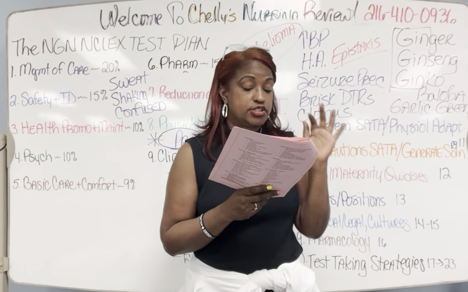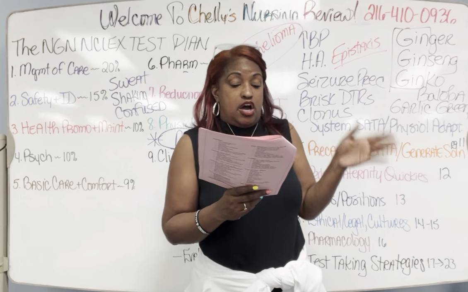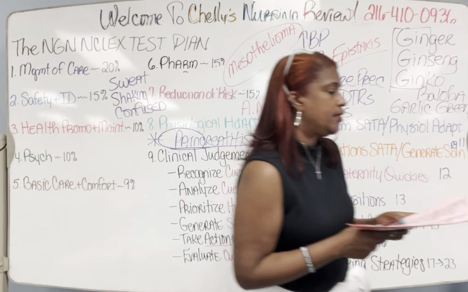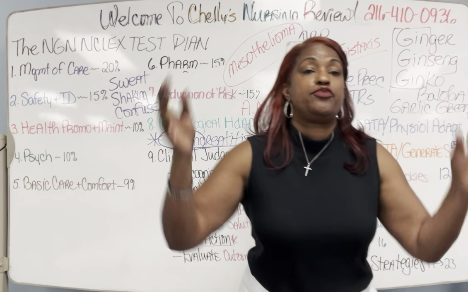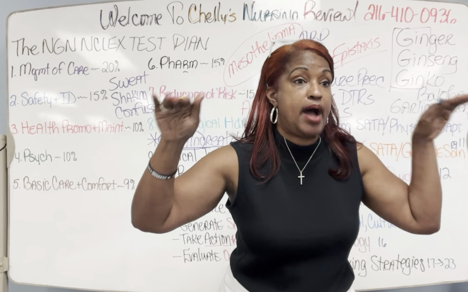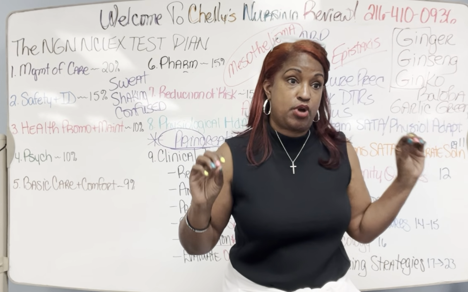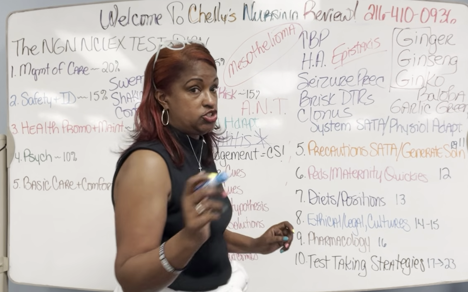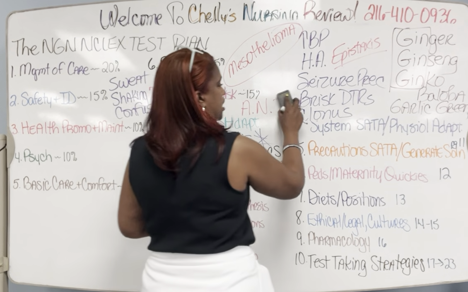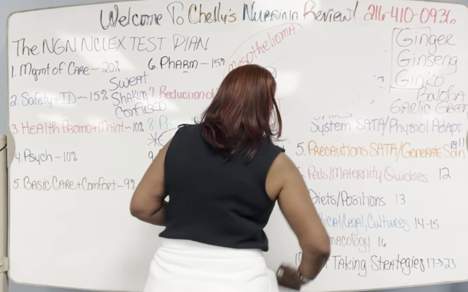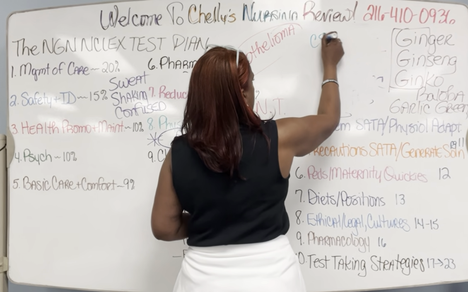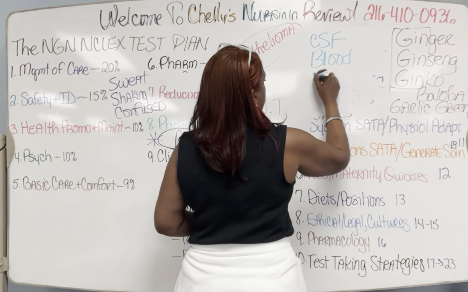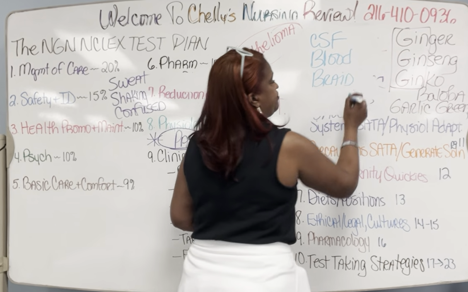So now you see it says no, no, no, no, no, no, no. All the no's are there together, right? Let's think about what we're doing with those no's, shall we? If we increase pressure in any part of my body, it's going to increase pressure in every part of my body. This brain of yours, when we talk ICP, has 3 components. The 3 components include cerebrospinal fluid, blood, and of course brain.